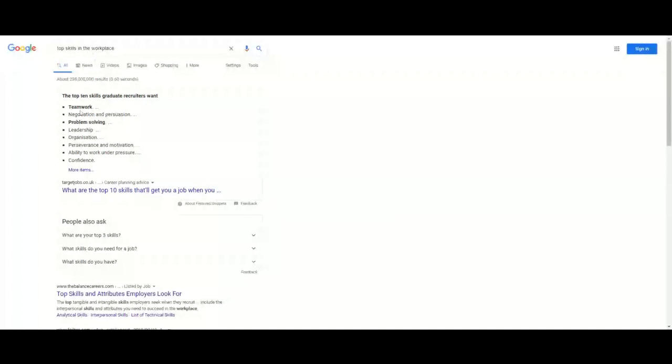This is the tab, top skills in the workplace, and this is just a simple Google search. You can see we're talking about teamwork, negotiation and persuasion, problem solving, leadership. This is just to show you what skills people are looking for in the job market. Teamwork, problem solving, leadership are very much oriented towards project management. So if you gain those skills, you'll become much